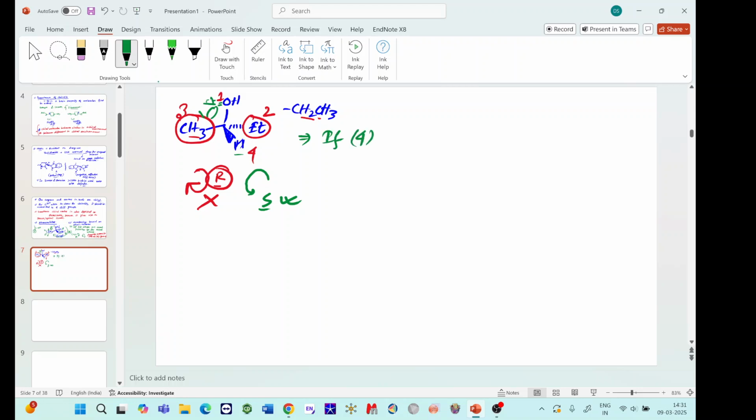If the least priority group is on the top, then reverse the configuration like that. This one you can remember as a shortcut. Okay, and